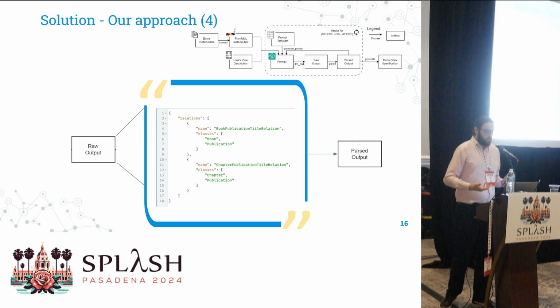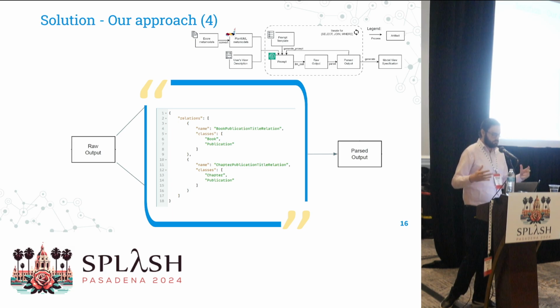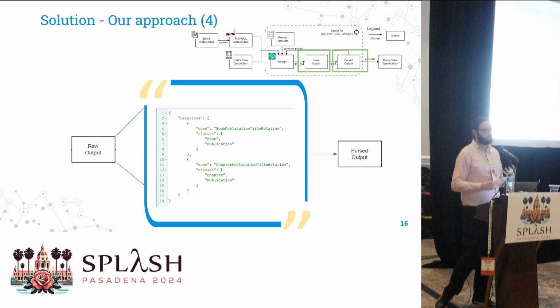We are able to ensure that the LLM will answer us with a textual output because it's an LLM, but we can ensure that it's a JSON response, and we can then analyze this response. We create a new component, an output parser, that will analyze this JSON response that came from the LLM, and check